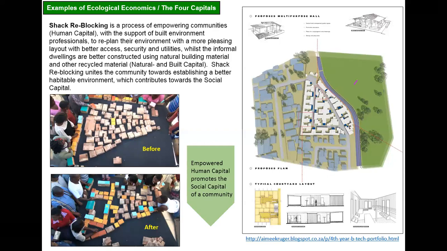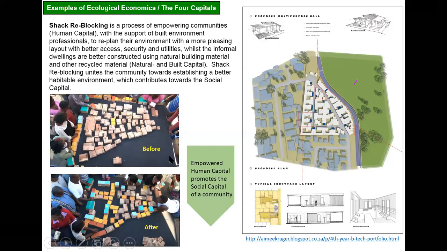But with an empowered human capital, where they bring some of the leaders in these communities to a workshop and say, let's replicate an existing block that these people are living in, then how can we redesign it in such a way that we could provide more open spaces within this block, but by not eliminating any families. So this is an example of training of community,